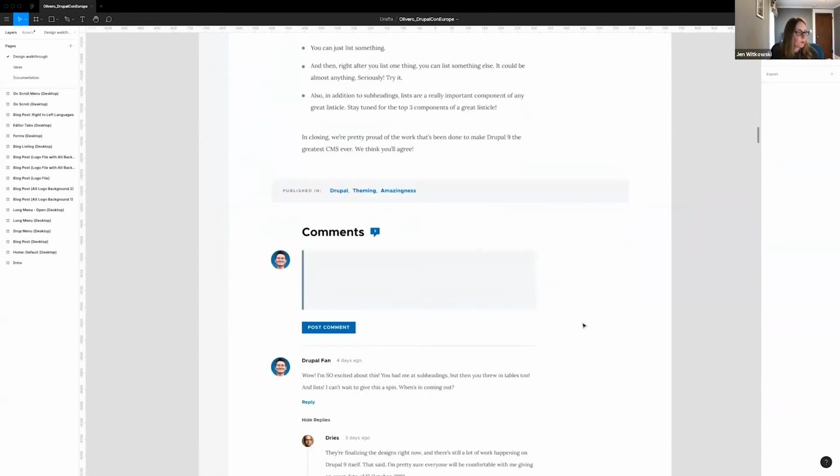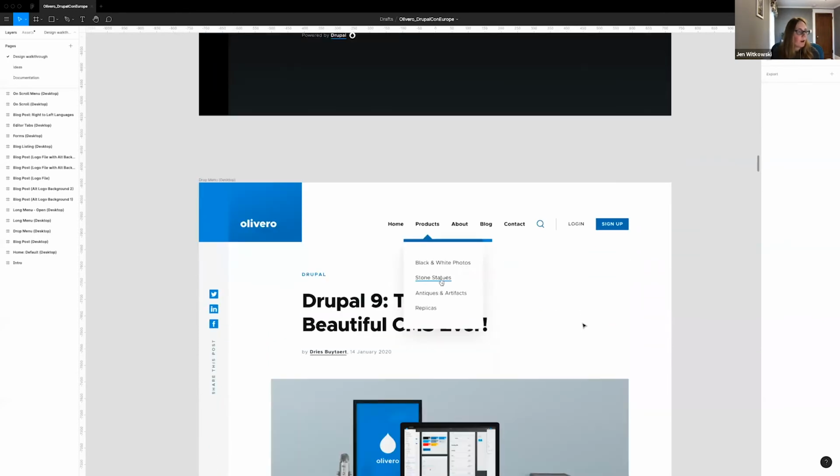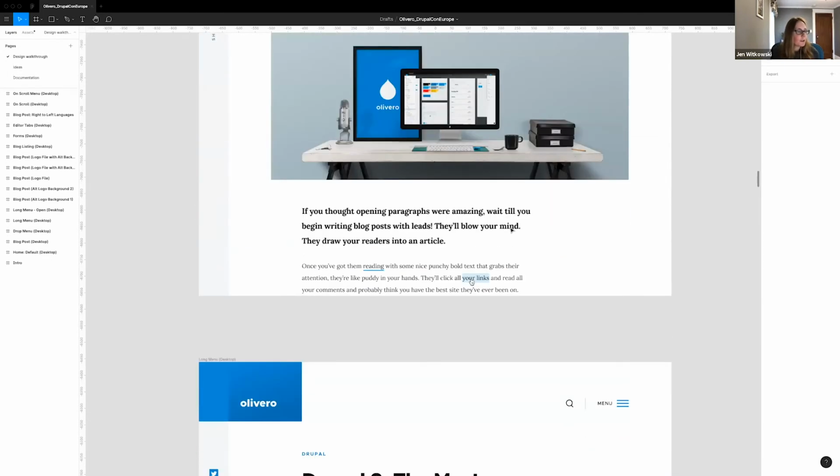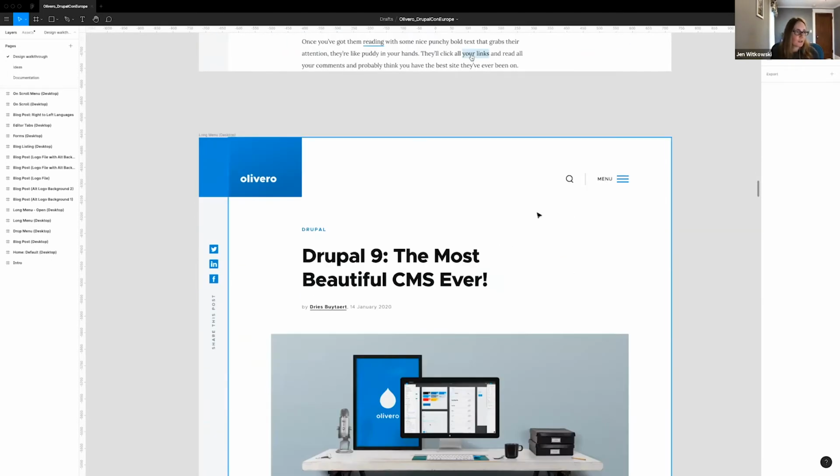The next thing that we focused on is our header. And our header was pretty complex because it had to be pretty flexible, especially when it came to the navigation. So as you see here, we have 5 links. These are all pretty short. This is like the best case scenario and most likely wouldn't happen. So we had to think about, well, what would happen if a content editor uploaded 15 links in their navigation and they had pretty long links? How does this work? So what we did is we created a max width with the navigation.